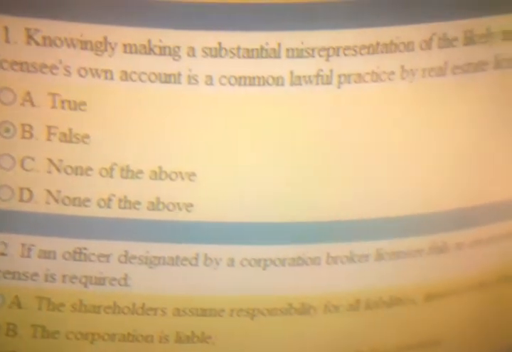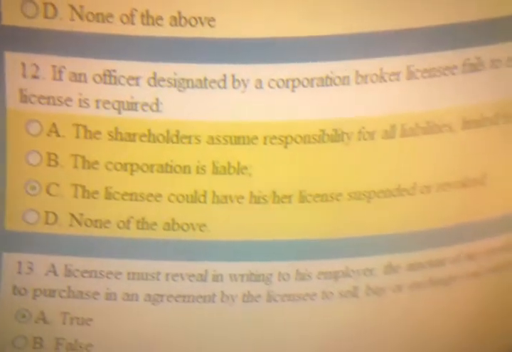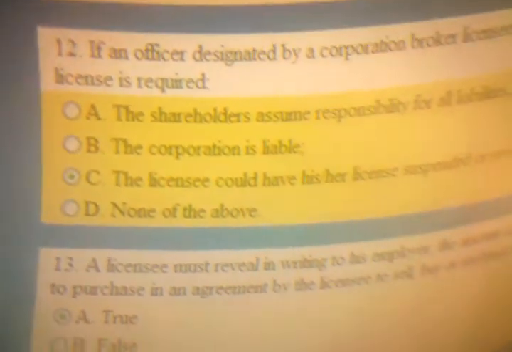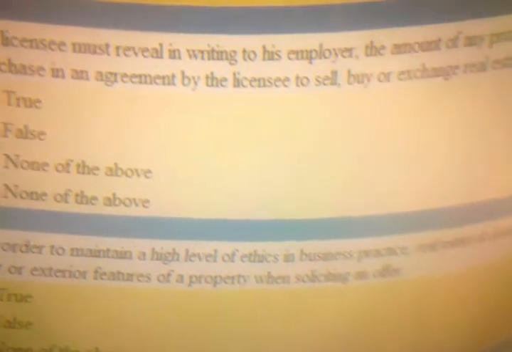Knowing making substantial misrepresentations of the likely market value of real property to its owner for the purpose of acquiring an interest in the property for licensee-owned account is a common lawful practice by real estate licensee 梗係唔 common 啦。If an officer designated by cooperation broker license failed to exercise reasonable supervision and control of the activities of the cooperation for which a real estate licensee is required, 咁個 licensee could have his license suspended and revoked 啦。